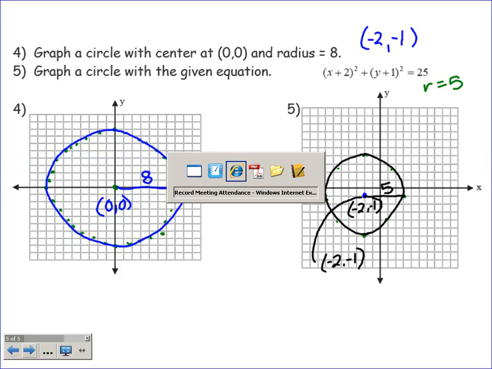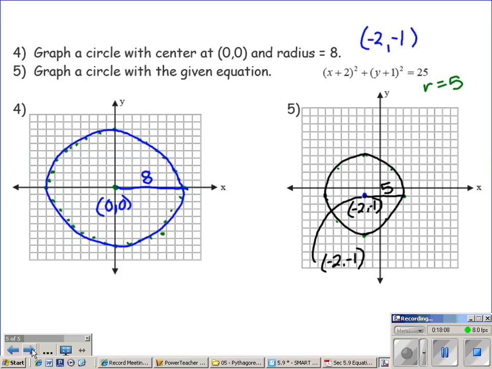Okay. Does anyone have any questions about how circles work? They work really well. Hopefully this makes sense to you. If not,